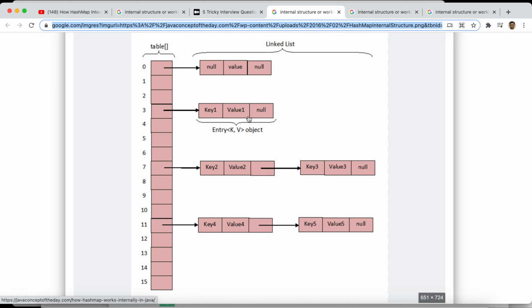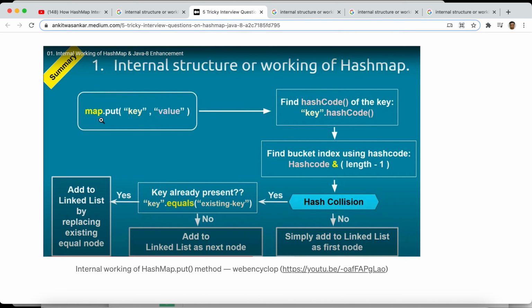All right, then HashMap uses the hashCode method to calculate the index. The number you see here is the index. Each box you see here is an element, so each element has its respective index. For example, if we want to put a value, we execute this command, this is our HashMap put.